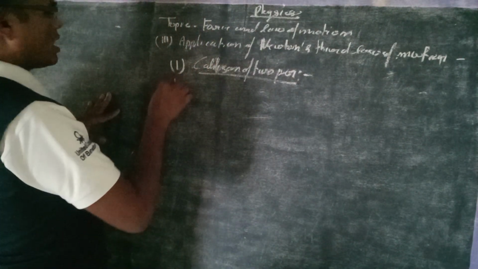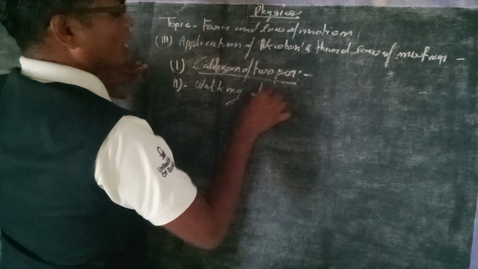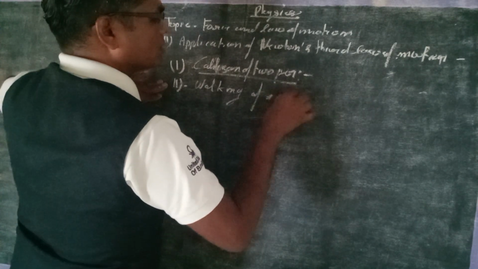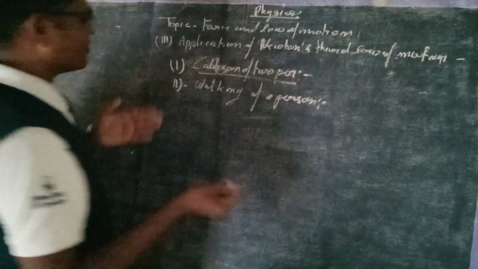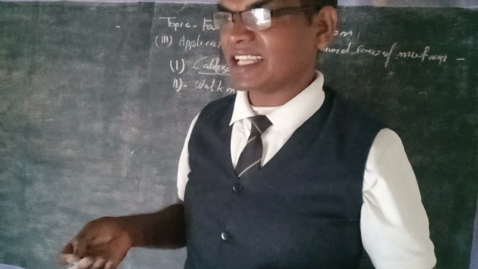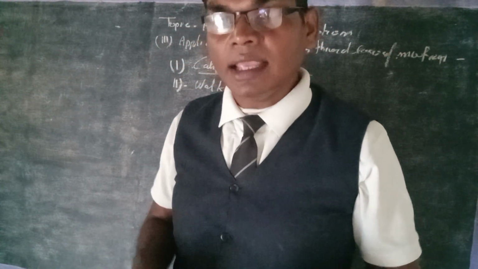And suppose the second example, we'll take walking of a person. What is walking of a person? Generally we are walking here and there on the floor, and sometimes we are pushing the earth